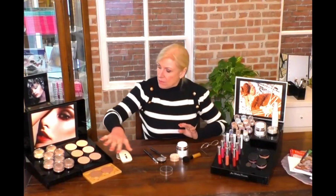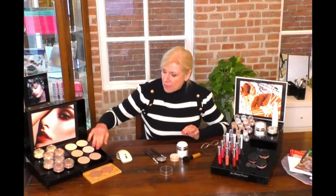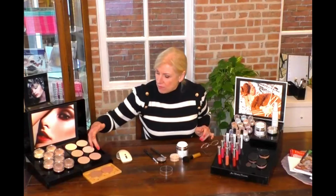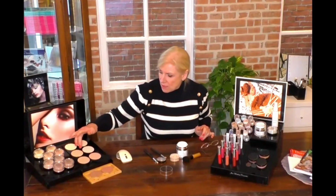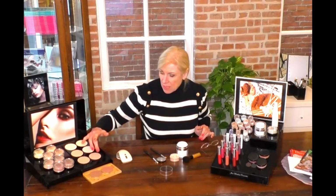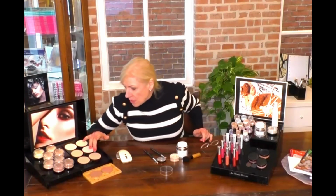Now, the other thing with these foundations, although there's only 8 colours, there is multi-use to these. So for example, for myself, if I wish to add a little bit of a shader and contour to my face, then I could use one of these deeper shades. So I use this colour normally for myself,